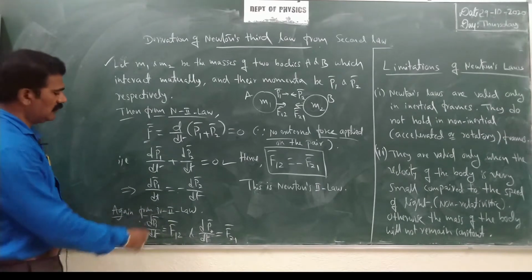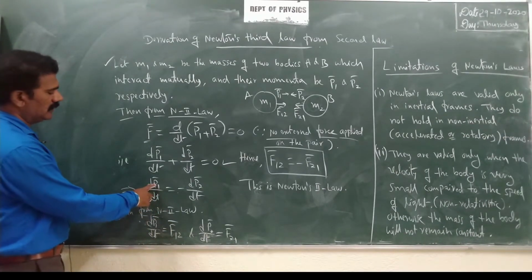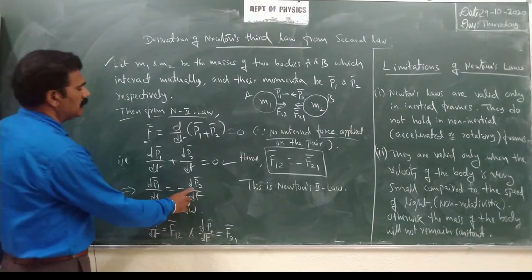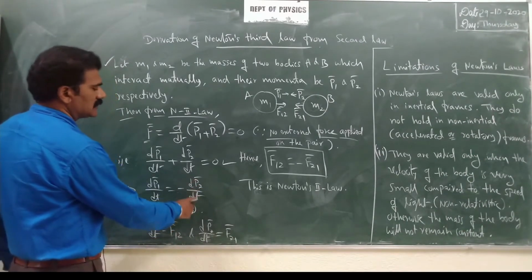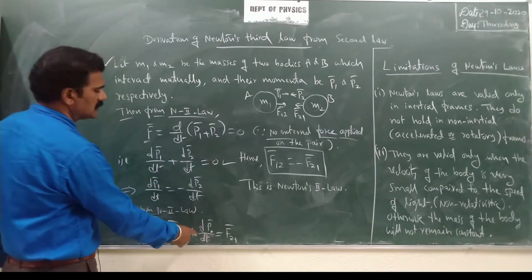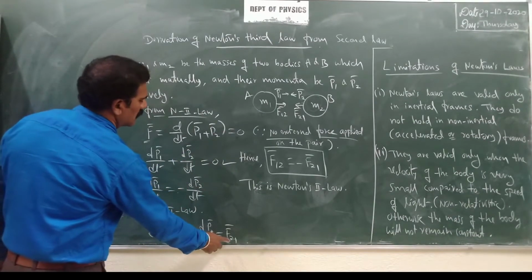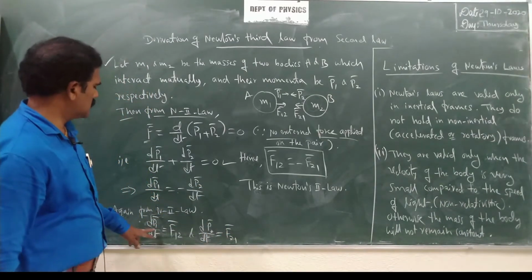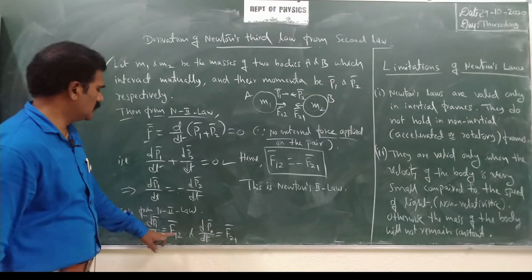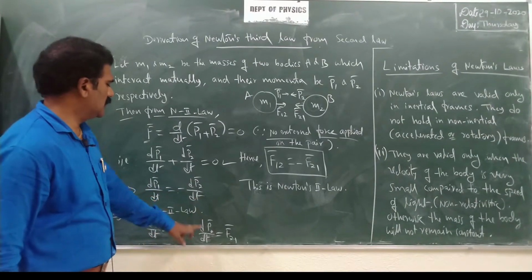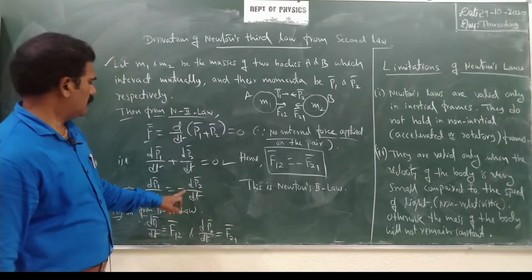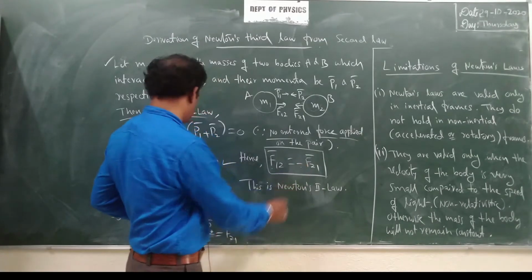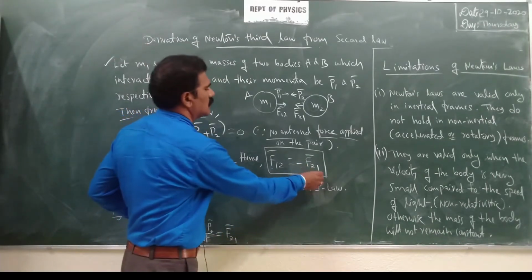Because the rate of change of momentum for P1, you can consider it as the force F12 bar. Okay, dp2 bar by dt is the rate of change of momentum of the second body, that is due to the force acting by the second body on the first body, that is F21 bar. Okay, so we can now substitute dp1 bar by dt as F12 bar and dp2 bar by dt as F21 bar in this equation, so that you will get F12 bar is equal to minus, because there is a minus already, minus F21 bar.